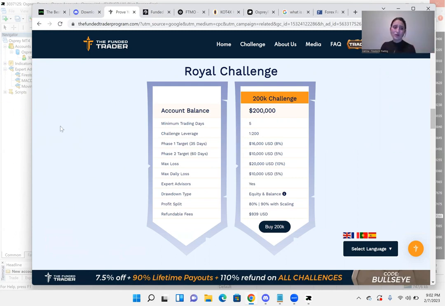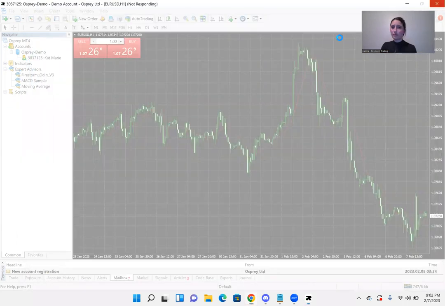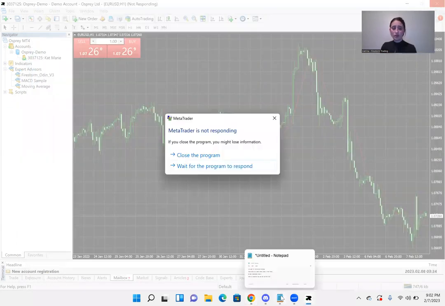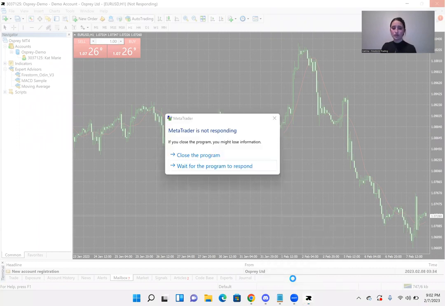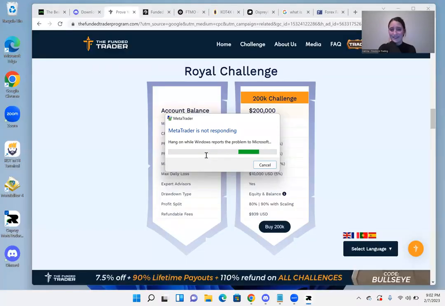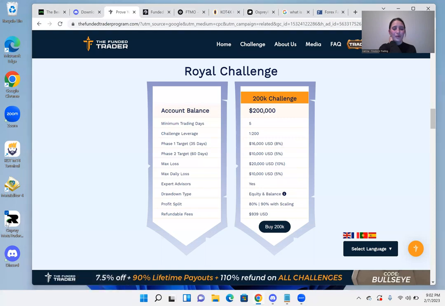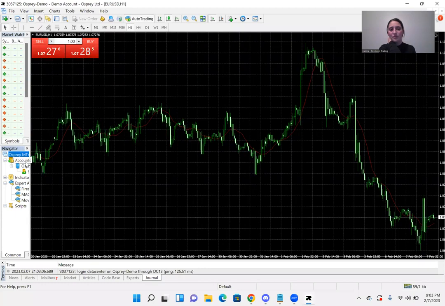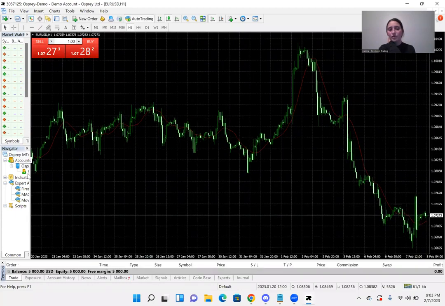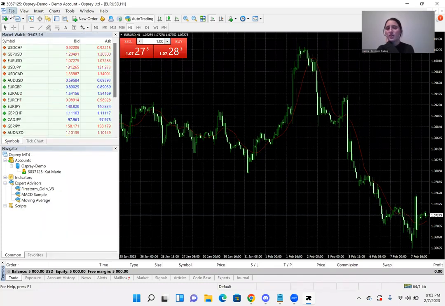You will just come up here into, I don't know what this is doing right now. We're just going to close this terminal. I have no idea why it's acting like this, but we are going to reopen it. And this is why you always want a VPS, because when things like this happen, VPSs always have a very high uptime compared to your traditional computer. Whether you have a lot of storage or pictures or stuff on it, you just want it to be always